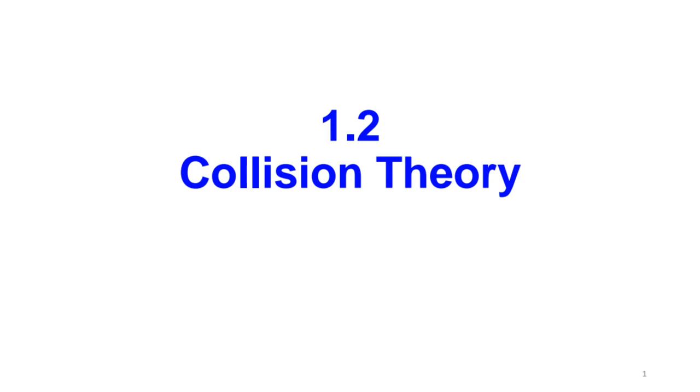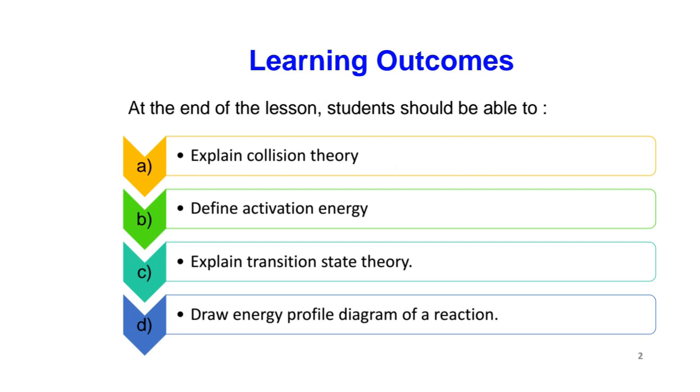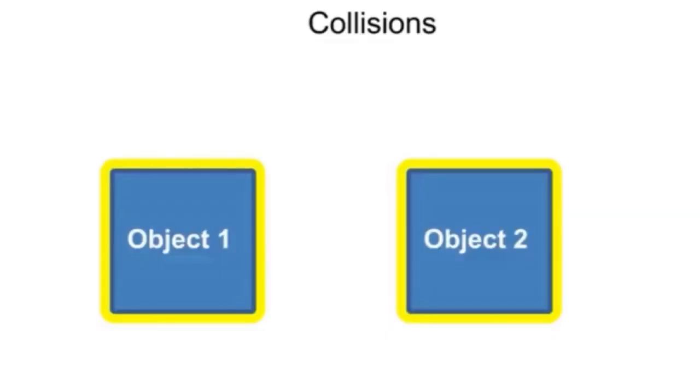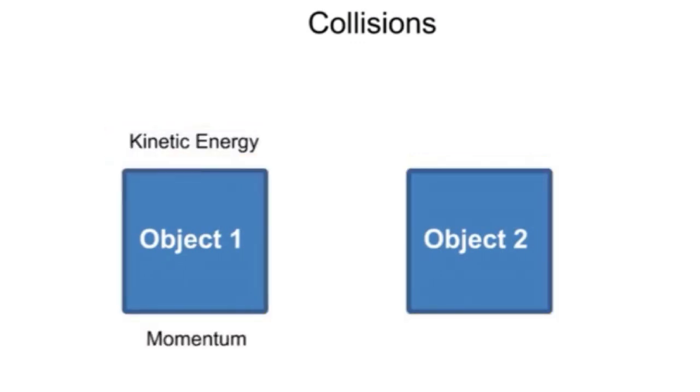Topic 1.2 Collision Theory. In this subtopic, we are going to focus on the concept of collision theory, the terms involved, activation energy, and what is transition state theory, and lastly, you should be able to draw the energy profile diagram of a reaction. Collisions happen when two or more objects come into contact with each other and a transfer of momentum